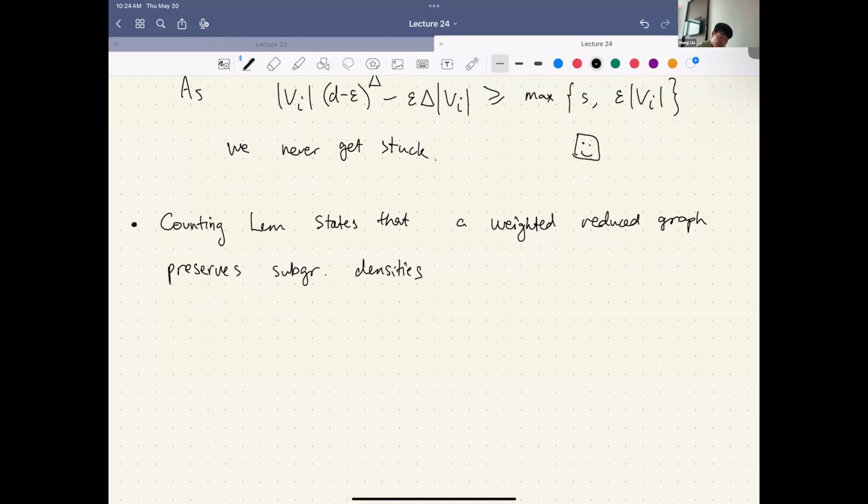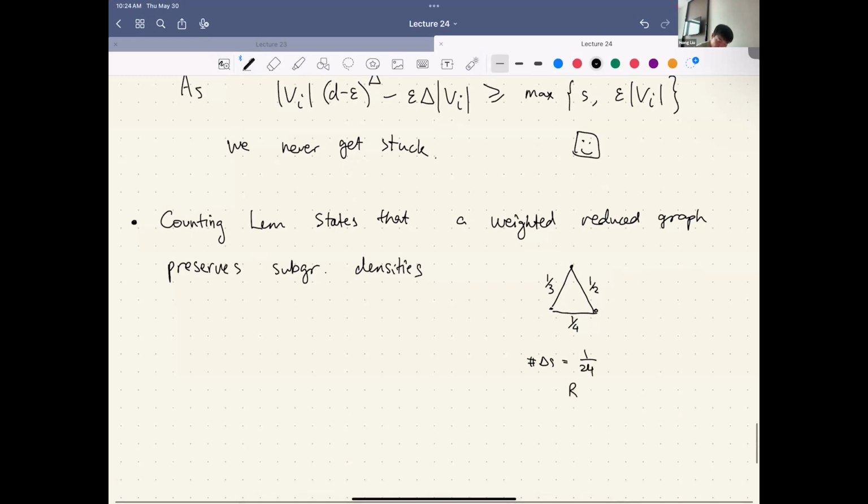And here, what do I mean? If you take, again, triangle as example, if this is my weighted graph, if the weights here are 1/3, 1/2, 1/4, then the number of triangles here, how many triangles? Number of triangles is 1/24 in R, right? Then if you look at G, how many triangles? G is kind of like a random blow-up of R,